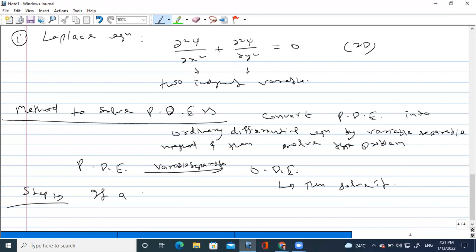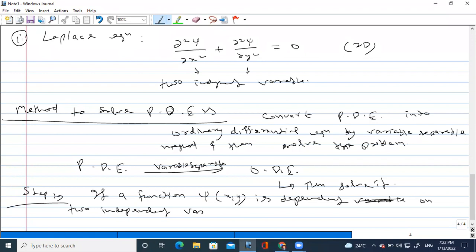If a function psi(x,y), suppose, is dependent on two independent variables, or like this you can write, if a function psi is dependent on two independent variables x and y,